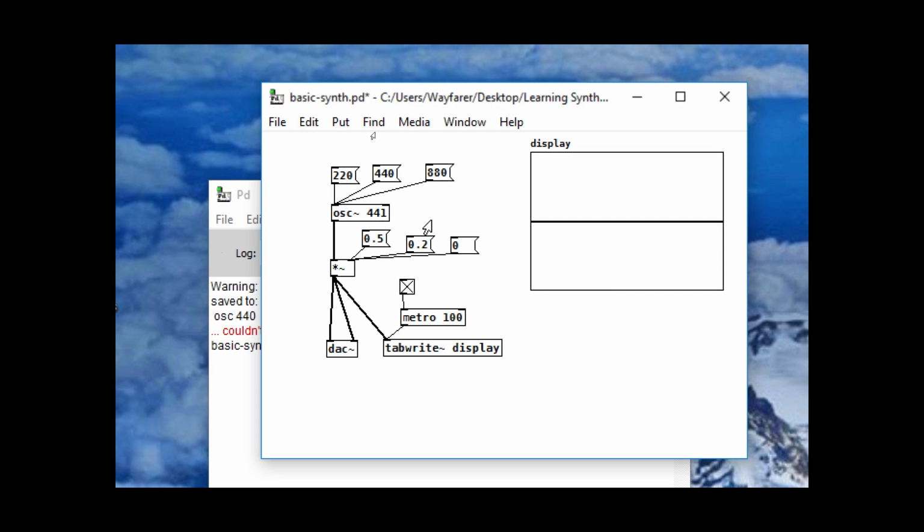Okay, so basically you see some of the simple concepts there. We've made a very basic synthesizer here that oscillates a sine wave. And you learn how you can send frequencies to this oscillator. And then you also learned how you can send amplitude information to the oscillator. Well, you're not sending it to the oscillator. You're basically multiplying the oscillator's output by a number that scales its amplitude or reduces it by whatever amount